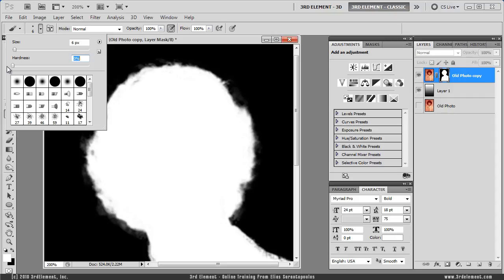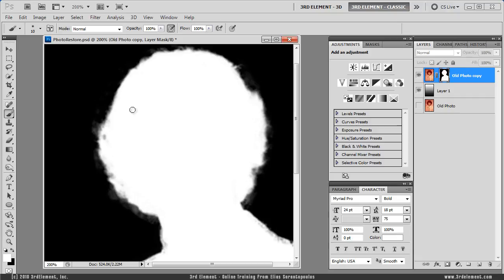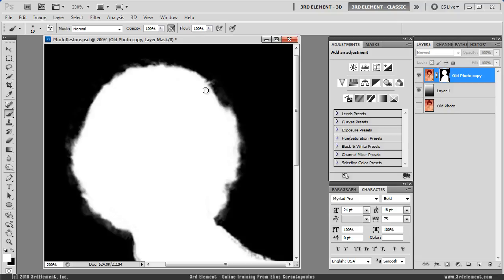Alright, I'm going to select my brush. I'm going to make sure I have a very soft brush and just tap the right bracket key to increase the size of the brush just a bit, and start painting with white and replace some pixels. Okay, all right, I'm going to exit this,